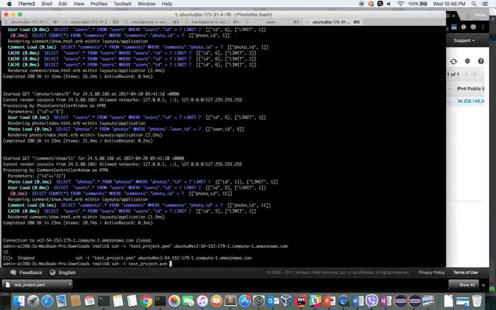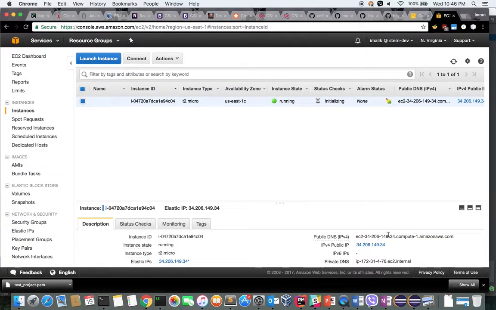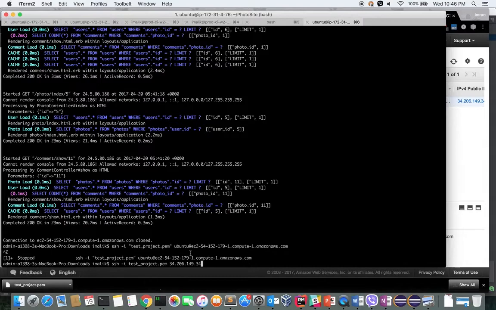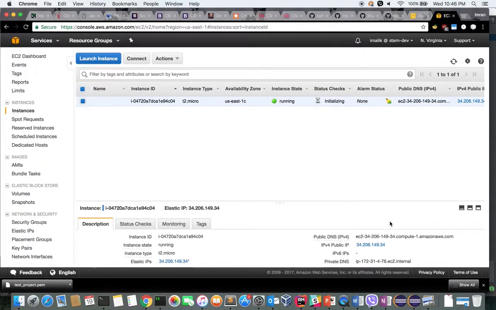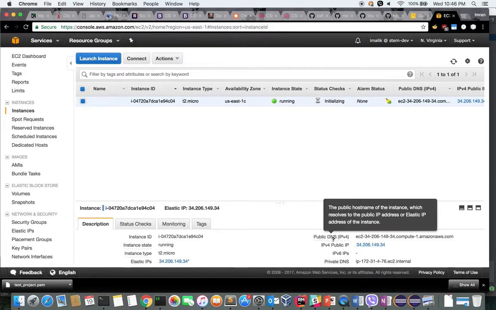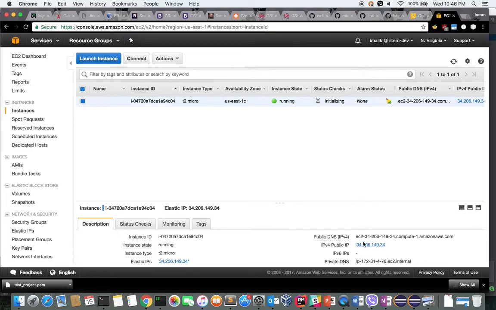I'm going to use the elastic IP. See how things have changed. The public DNS address has changed from what it was before. It was 54 something, and after I stopped and restarted, it changed. This is really important: if you restart your instance, your public DNS address will change, because this is a dynamic address. That's how the EC2 infrastructure is set up, so you are never sure what the next address will be, and it's very hard to keep track of.